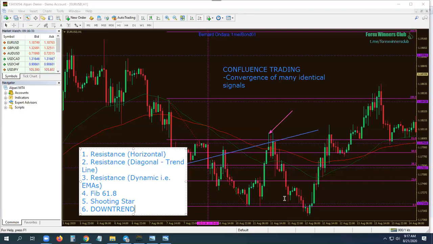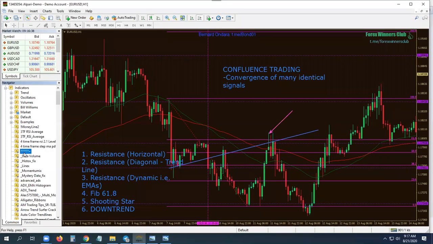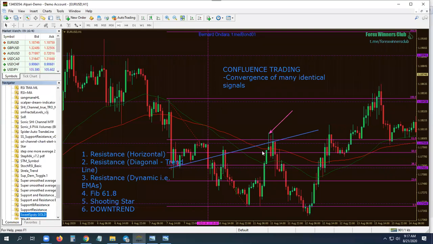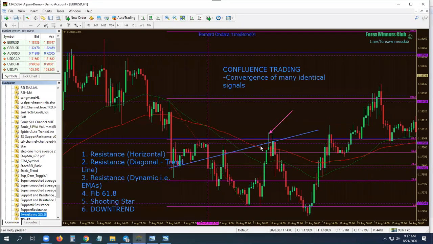As a matter of fact, let me introduce something else. Let me see whether this will also add value. Remember the sweet spots I sent you. Let me drop it here. Maybe it will give us around the number around there. See, round number, you see? The blue line. That's a round number. That means the shooting star is rejecting a round number, it's rejecting Fibonacci 61, it's rejecting a trend line, it's rejecting a moving average. We are in a downtrend.